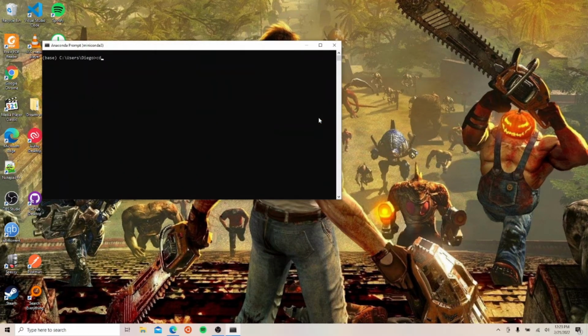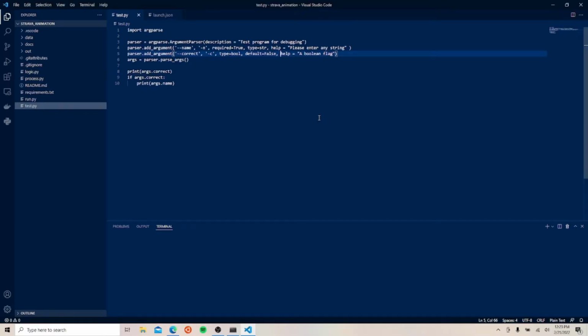You need to cd to your directory that contains the code you want to debug. In my case, it's a C directory, dev, this Strava animation folder. Now if you have Visual Studio Code installed, you can type code and hit dot to open up in that current directory. And it'll open